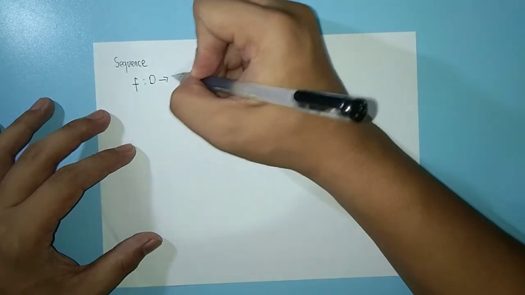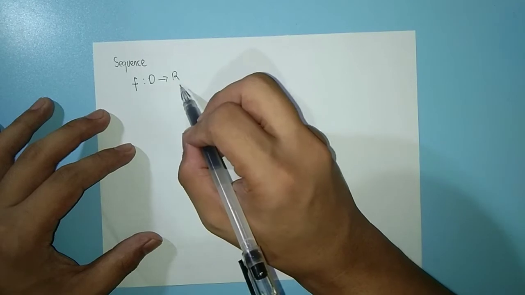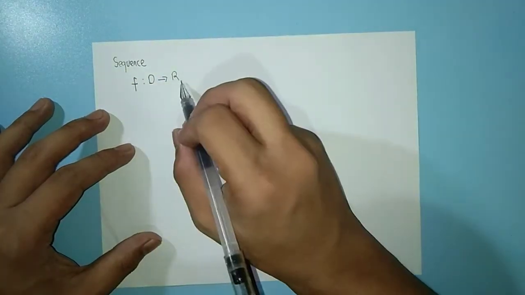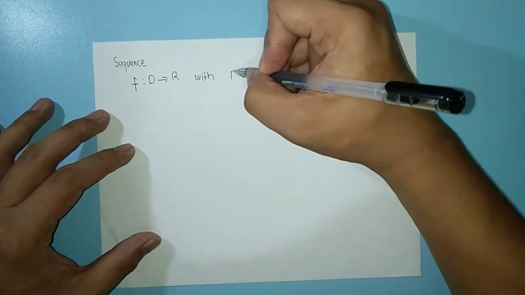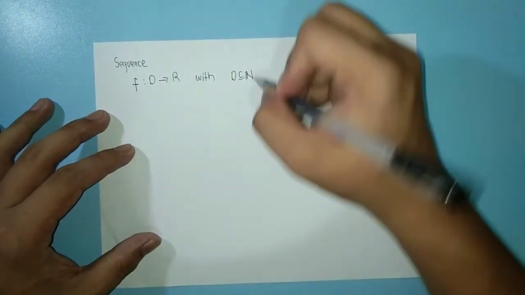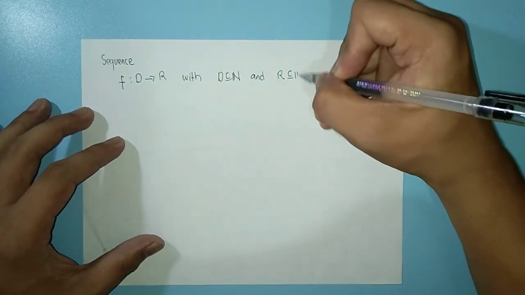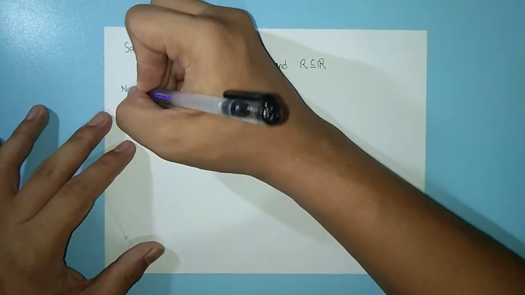from D to R, where D is the set, the domain, and R is the range. Okay? Set of values of X, and set of values of Y. With D a subset of the set of natural numbers, and R a subset of the set of real numbers. Okay? So for our notation,